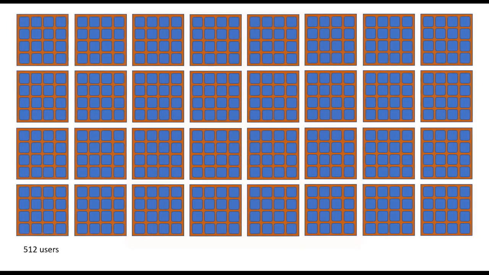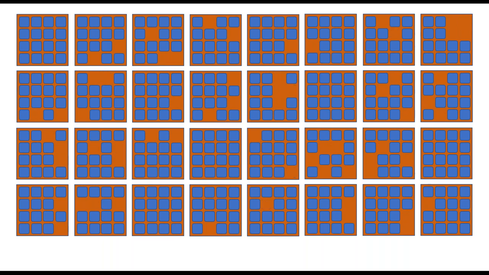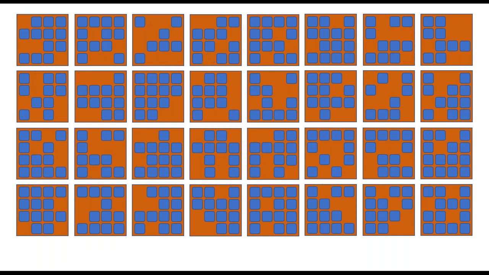But what happens if we do that across a larger scale? So we've got 512 users, right? Across a number of VMs. So they're all logging out, and we're just hoping that eventually we'll clear down a server. And I suppose the question really is, how many of these users have to log out before we can start shutting machines down? So this is what it looks like with 25% of the users gone. We still haven't managed to shut a machine down. So we carry on. It's a good job it's not a manual process, because we'd be sitting there for a very long time.